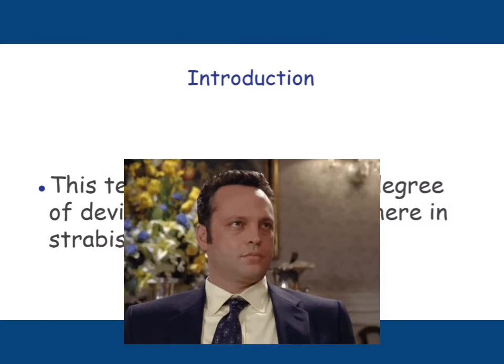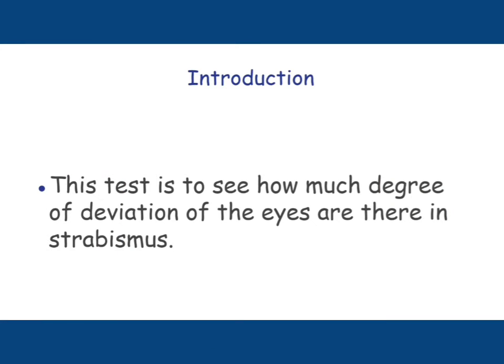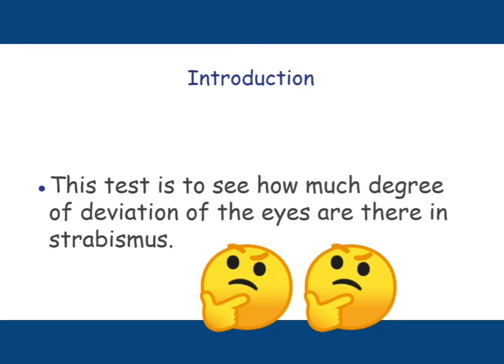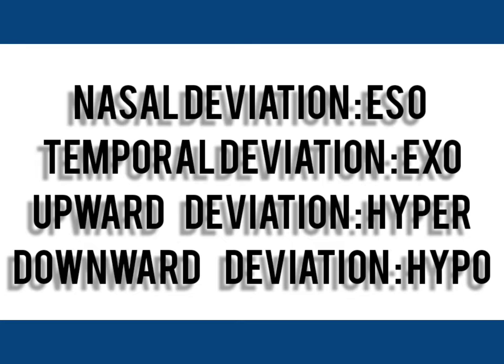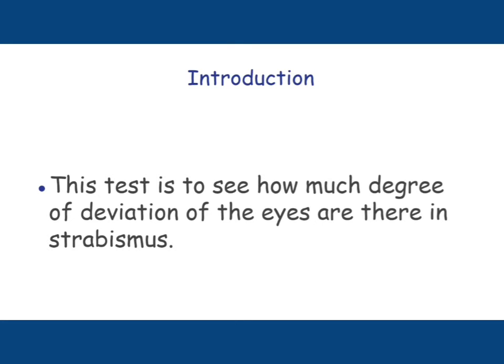Okay, let's start. Before going to the discussion on the Hirschberg test, first of all let us know what the Hirschberg test is. The Hirschberg test is a procedure to see how much degree of deviation of the eyes there is in strabismus. Strabismus means deviation of the eye. It can be inward, outward, upward, downward, in any direction. Inward deviation is called isodeviation, outward temporal deviation is called exodeviation, upward deviation is hyperdeviation, downward deviation is